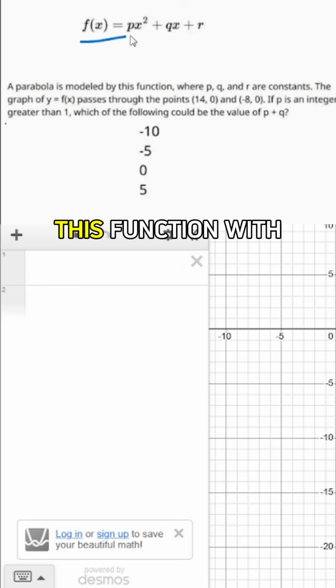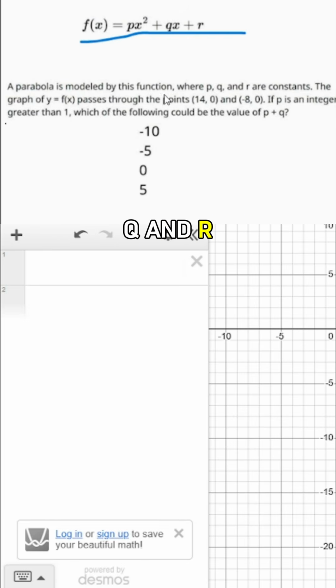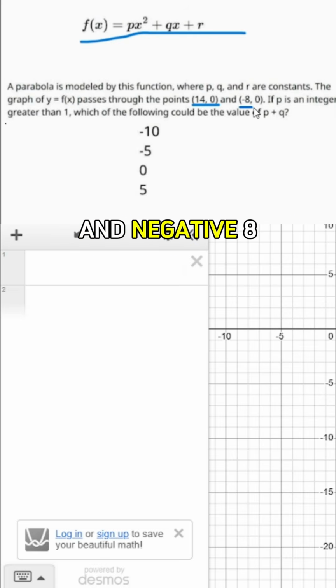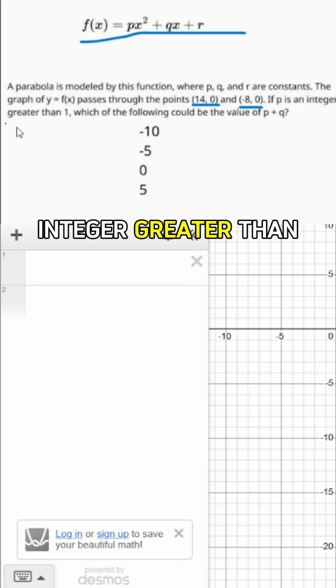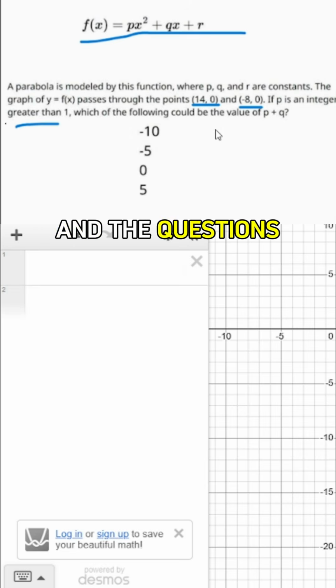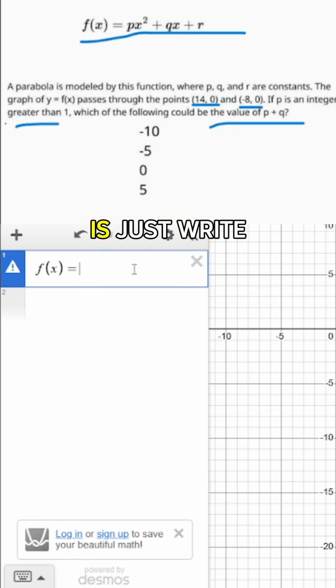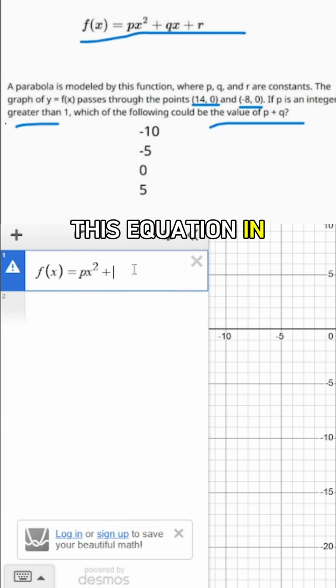So we're given this function with three constants, p, q, and r, and the graph passes through the points (14, 0) and (-8, 0). We know that p is an integer greater than 1, and the question's asking what could be a value of p plus q. So the first thing we want to do is just write this equation exactly how it's given,